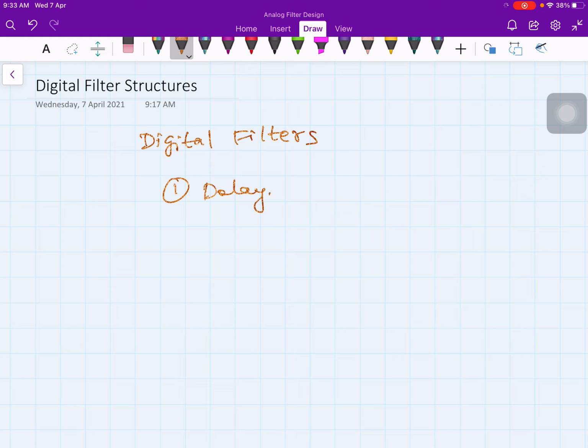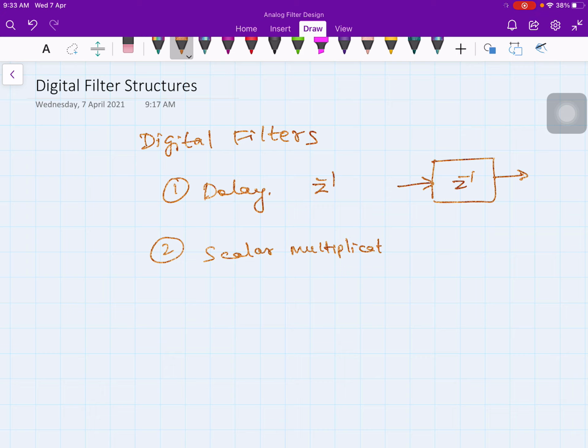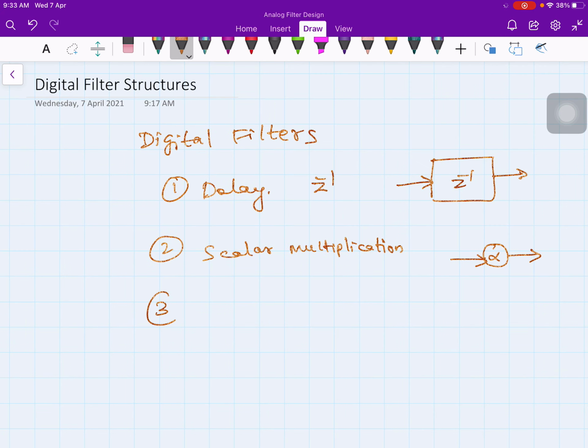It is denoted by Z inverse. So you put a small box and Z inverse. This is input and this is output. And the second one is scalar multiplication. Okay, so you put a small circle and within the circle you put the multiplier which you want to multiply. And the third one is addition